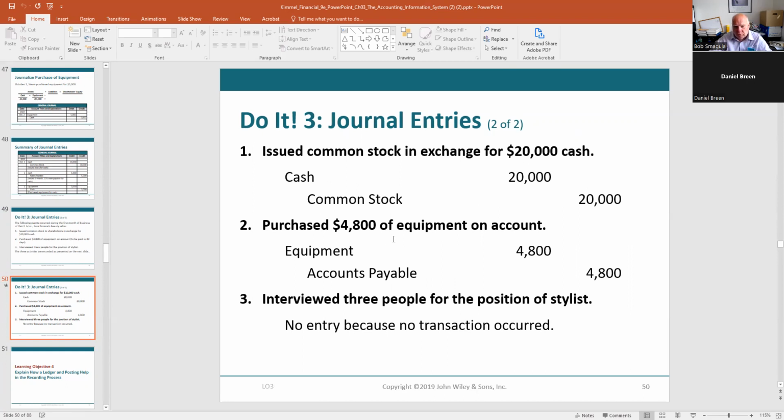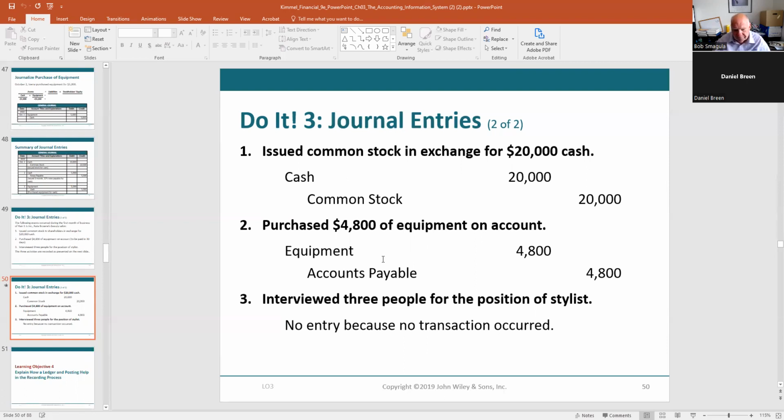Then we purchased equipment on account. So the asset goes up, so does the liability go up with a credit. When you see on account, you know there's no cash involved. It's going to be accounts receivable or accounts payable. Just make sure you understand if we're doing the buying and thus have to pay, or we're doing the selling